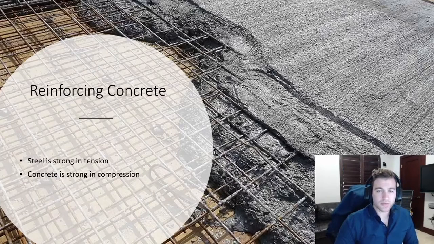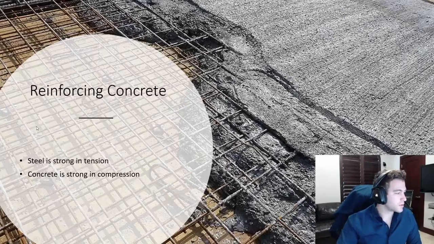So concrete slabs, for example, are supplemented with steel to further enhance and strengthen the foundation. As we see in this picture, there are steel bars laid out and concrete is being poured in, and once everything is cured and dried, it will be a lot stronger than if it were just concrete by itself. Because steel is strong in tension and concrete is strong in compression, they make a perfect pair.